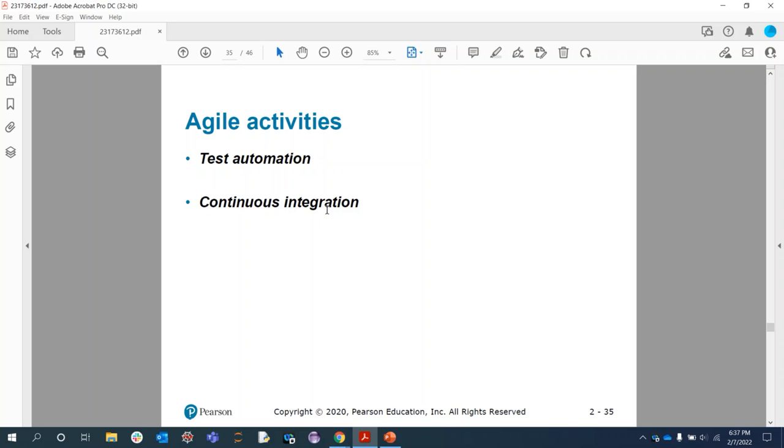So whenever anyone makes changes to the software components they are developing, these components should be immediately integrated with other components to create a system. This one I have already mentioned. So if you have multiple sections, right,